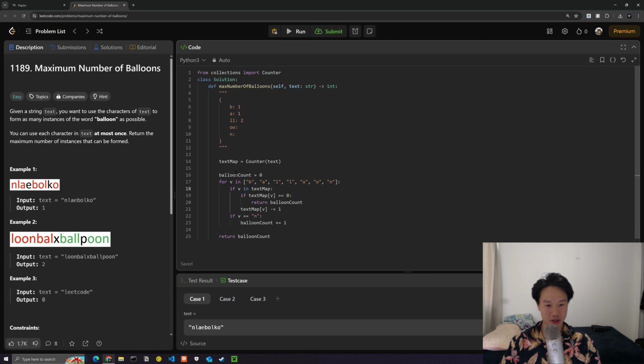So basically what's happening is we instantiate a counter of the different elements. It loops through every single character and checks to see if it's in the text map. If it's in the text map but equal to 0, then we just return the balloon count because we can't contain any more possible combinations. Otherwise, we subtract the text map value by 1 and keep going. And if we reach the end of the sequence, we can increment the balloon count by 1 before returning that final value. So if you go ahead and run this,